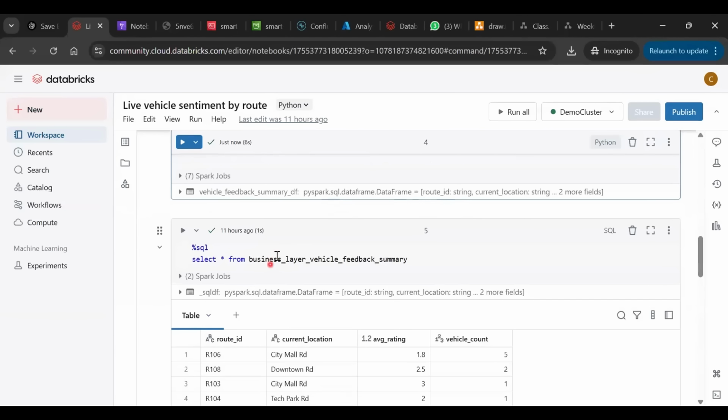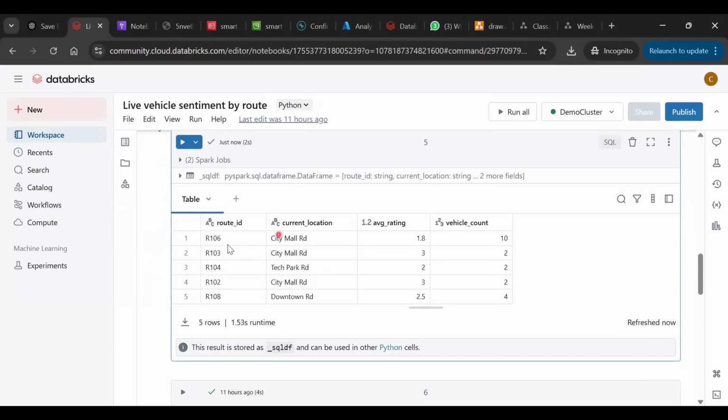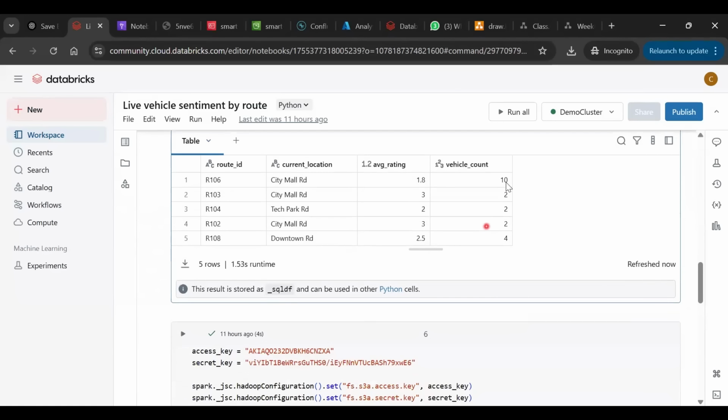Okay, it just ran. If I run this query, with this data I can see that on route 106, on this location, I am getting an average rating of 1.8, which is very low. And from how many vehicles I got this average rating: almost 10 vehicles. So maybe the city planner or the right authority needs to work in this case to improve this particular road, right? Similarly, for this route ID,